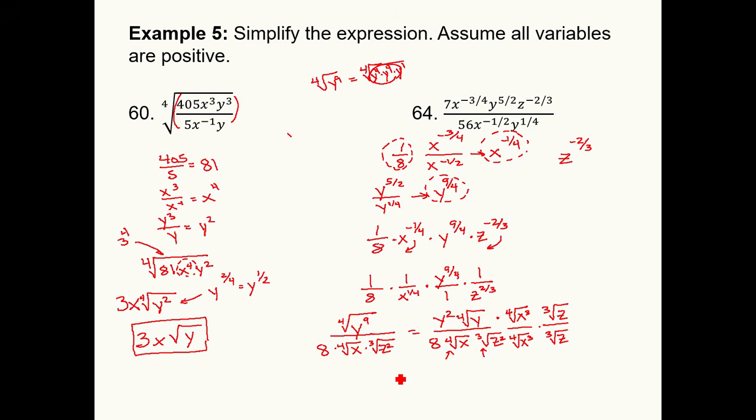Yikes. So final answer time. We've got y squared, and then we've got the fourth root of, we multiplied in x cubed. That was under a fourth root, and we also had 1y left under a fourth root, times the cubed root of z, all over. Let's see what we set up in our denominator. We had the 8 all along. Then we canceled out that fourth root with our x. It's just a regular x now. And we canceled out that cubed root with z. It's just a regular z now. That should be our final answer.